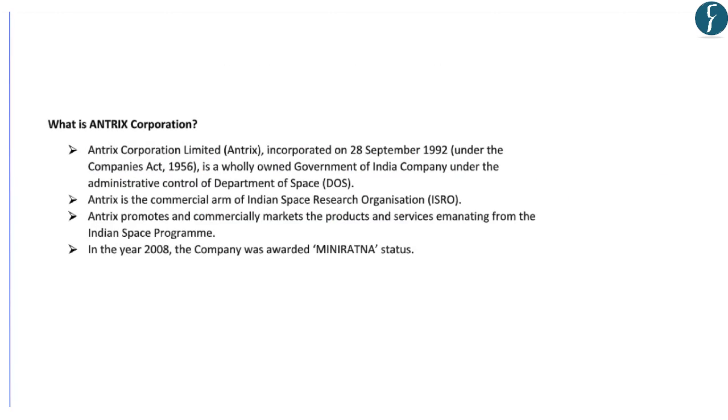So in this aspect, let us also learn about Antrix Corporation. Now this Antrix Corporation is the commercial arm of the Indian Space Research Organization. As we remember, Surrey Satellite Technologies of UK has signed a commercial contract with Antrix Corporation. Antrix promotes and commercially markets the products of the Indian space program, and the company also has a mini